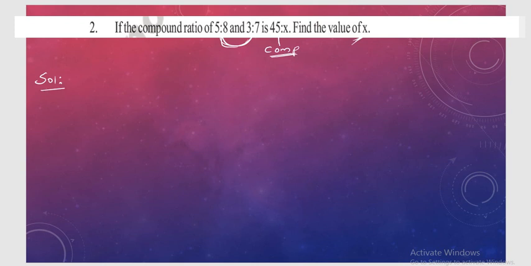So compound ratio means nothing but product of antecedents is to product of consequents, right? So product of antecedents is to product of consequents. So the compound ratio of 5 is to 8 and 3 is to 7 is, so what I can do here,